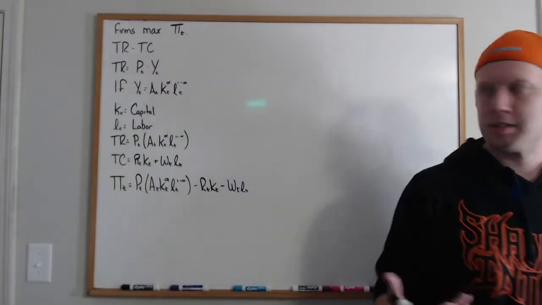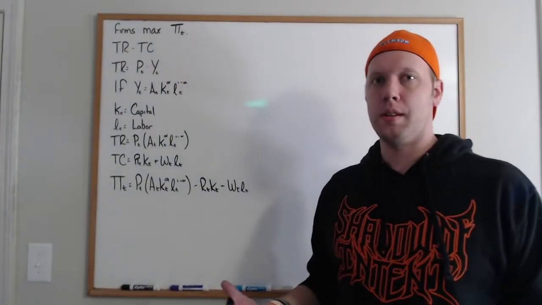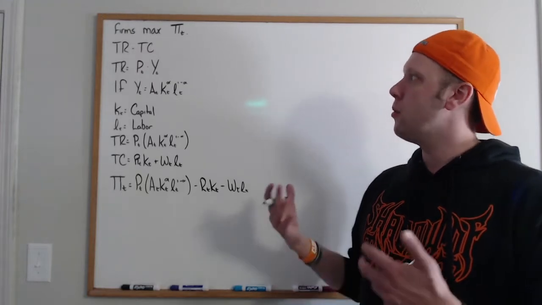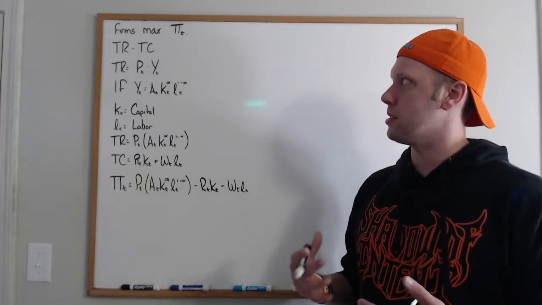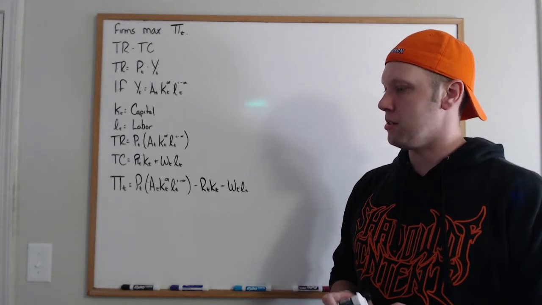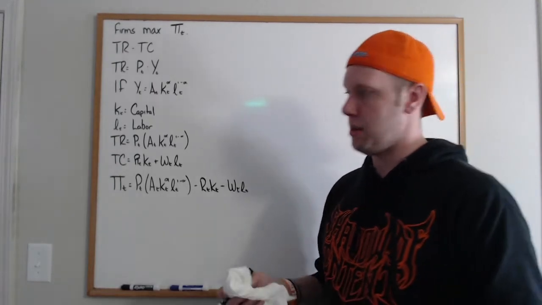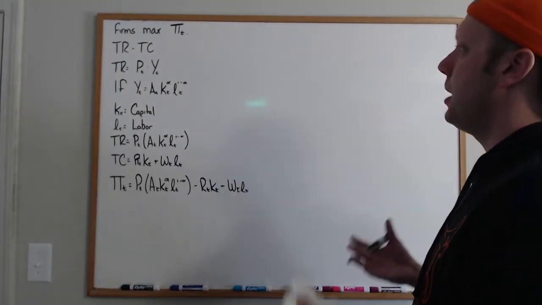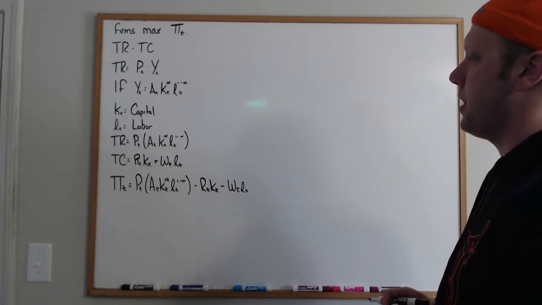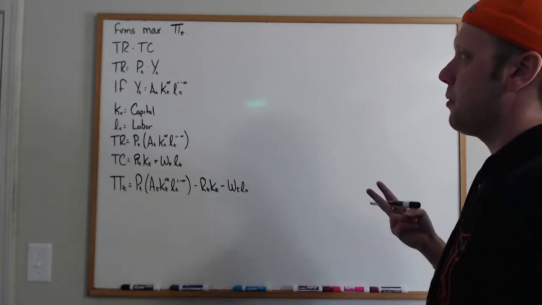And this is how the firm maximizes their profits. Now I'm not going to go through the derivatives on this stuff because it's not particularly important when it comes to actually looking at how this stuff works in a more static framework. We're going to implicitly assume that it's already been done. But this is what the setup for that would be,